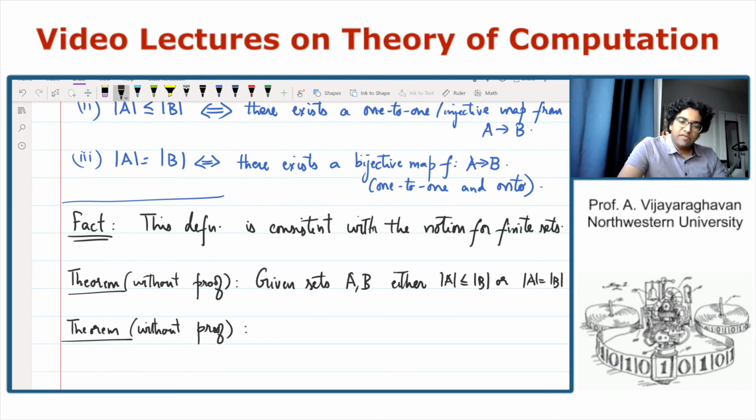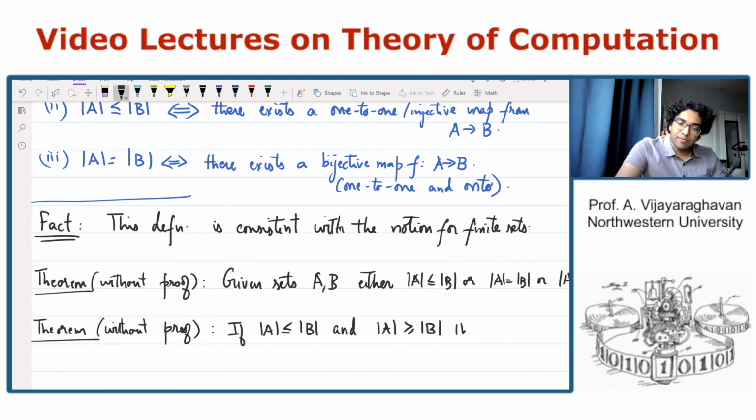Okay. If the cardinality of A is at most the cardinality of B, that is, we manage to exhibit a one-to-one map from A to B, and if the cardinality of A is greater than or equal to the cardinality of B, that is, we exhibited a surjective map from A to B, then in fact the cardinality of A is equal to the cardinality of B. That means there actually exists a bijective map from A to B. This is a theorem because,